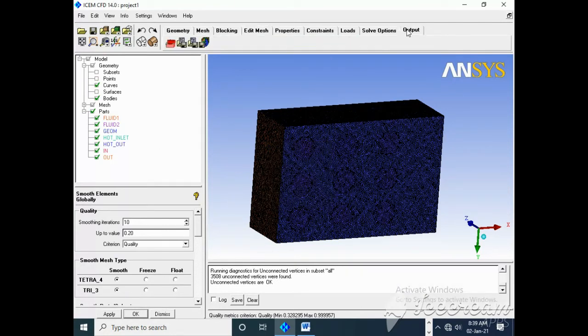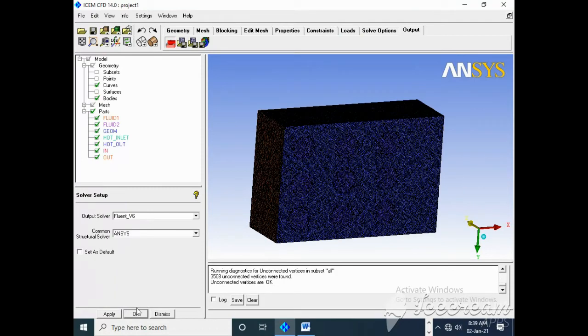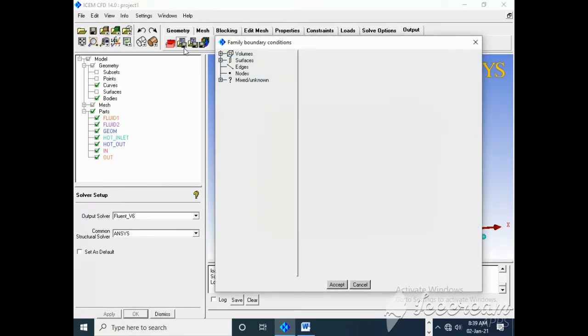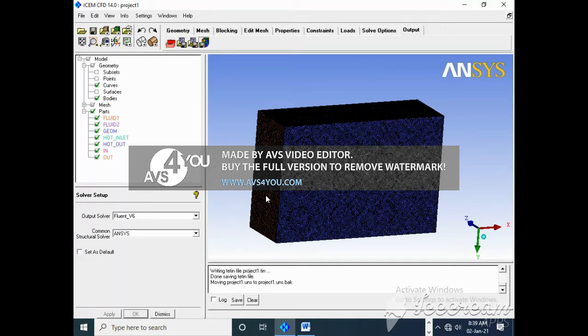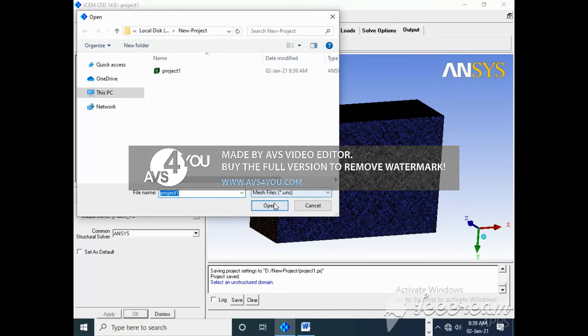Then we will go for output, apply, accept, yes, open.